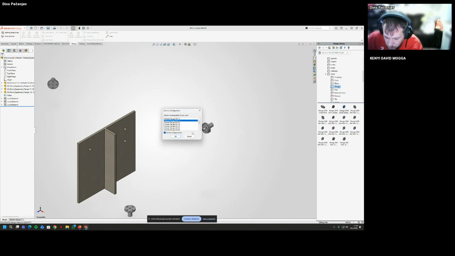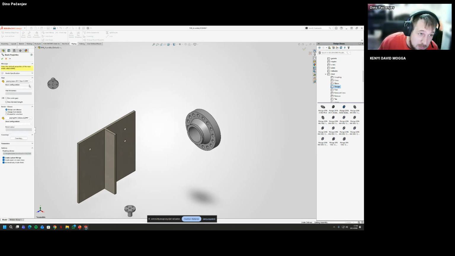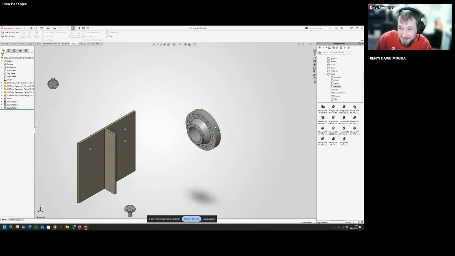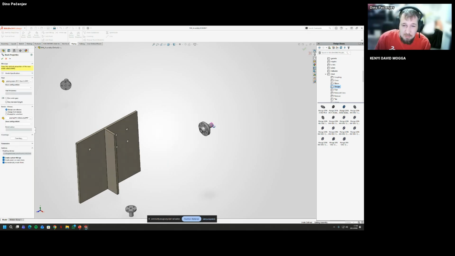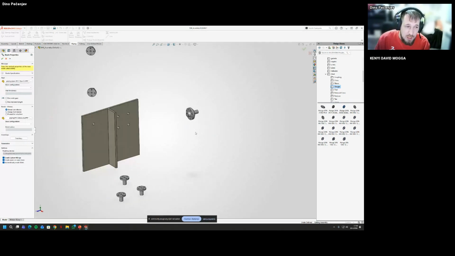For the route size, we're going to say 250. Actually, sorry, that's too big. Let's say 50, that will be okay for now.